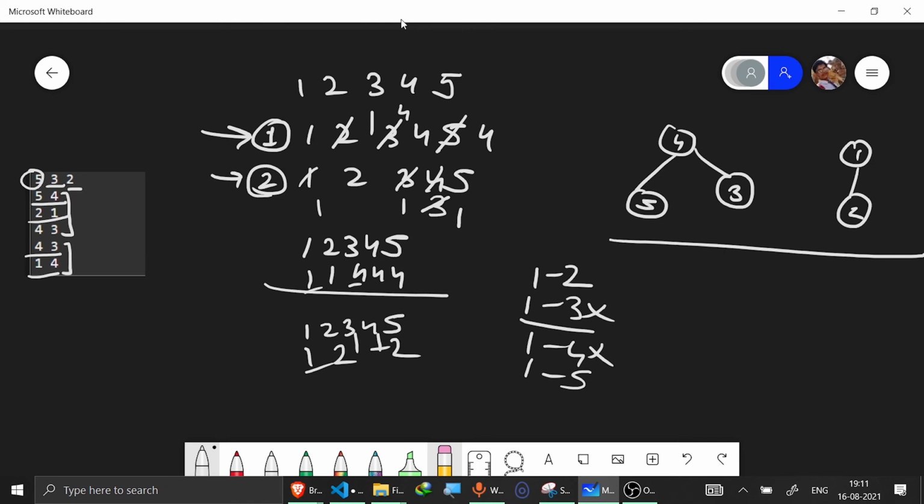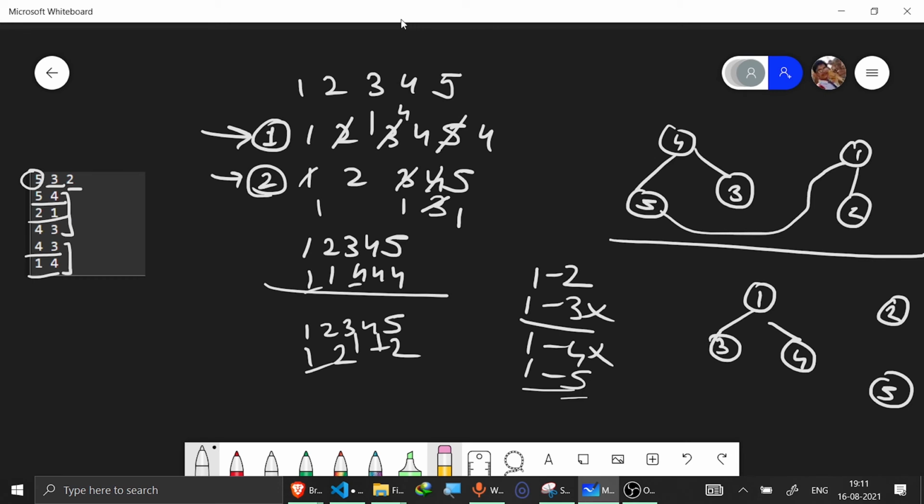Now, let me show you this. Let me make this graph also. 1, 3, and 4 are in. 2 and 5 are free. So now 1 and 5 I can add. Here we go, and here we go. So now you can see that I have added this edge between 1 and 5 in first graph also and in second graph also. And you could also see that there is no cycle being formed. So this is the valid option. So I would definitely increment the counter by 1 and print the 1, 5 graph.